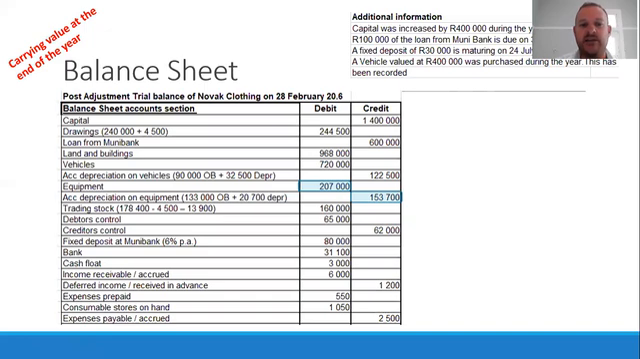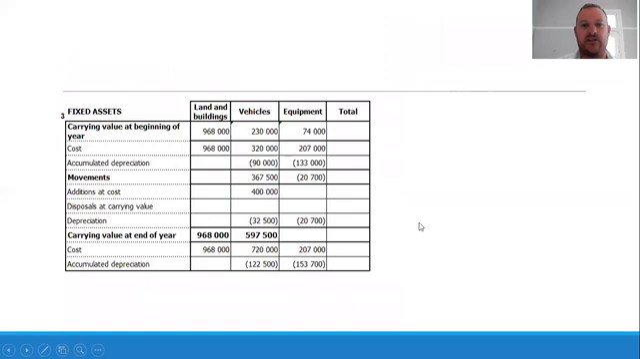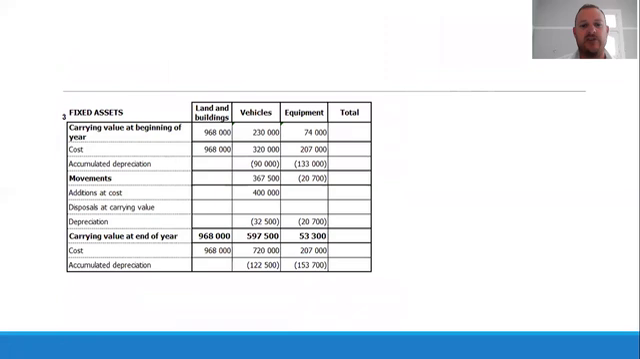Again, calculating the carrying value at the end of the year. What was the balance at the end of the year for equipment? It was still 207,000. And what was the total accumulated depreciation? It was that figure there of 153,700 Rand. So you can see we add that information in there. We subtract the 153,700 from that 207,000, and you end up with the carrying value at the end of the